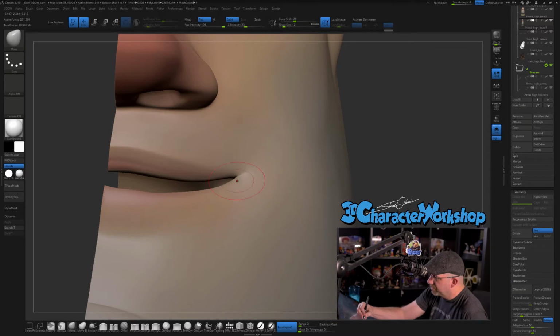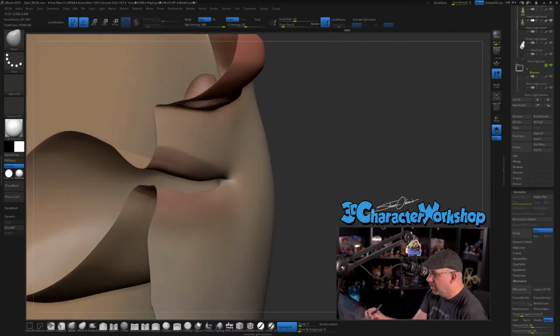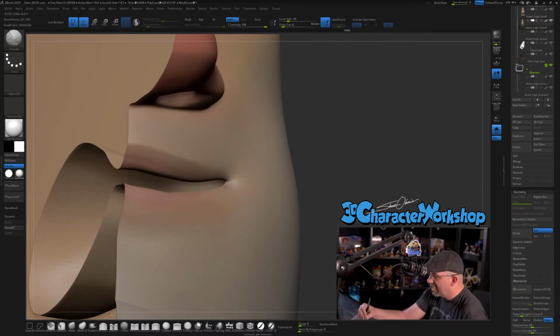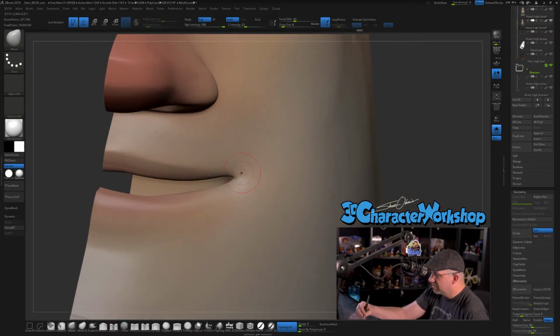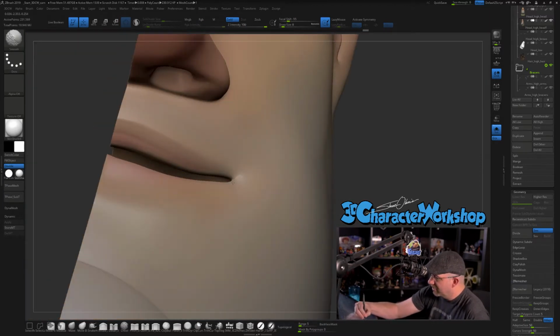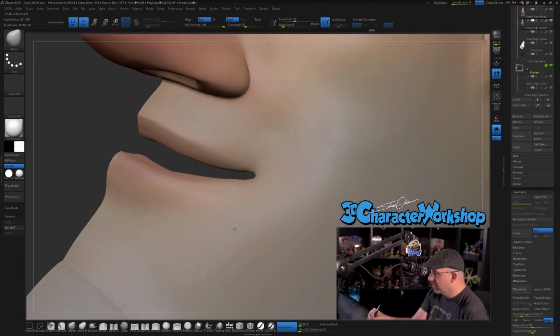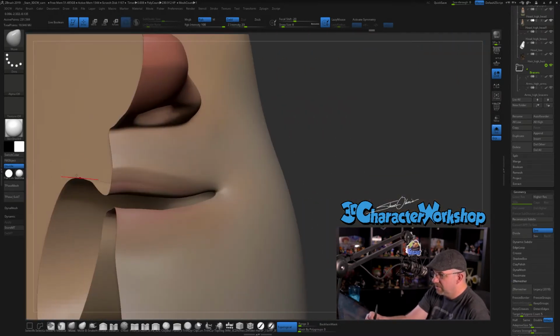Yeah, the mouth corners are difficult. Probably the most difficult, if I'm being honest. And just like with Z-remesher, when we do Z-remeshing, you want to have your lips separate so it doesn't draw the topology weird. You actually want it to go around the corner like train tracks, I guess, right? So I want to make a nice round corner